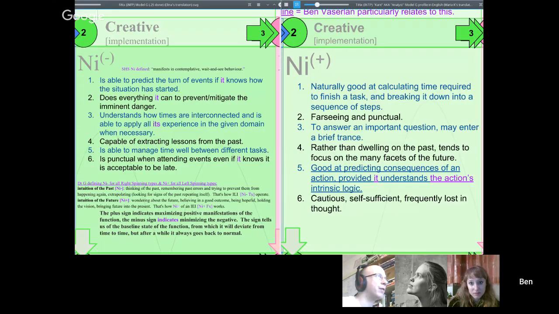Yeah, that's aligned with, and actually that's something that Jack Aaron said in one of his earlier videos in 2013, where he did this series when he went through all of the functions, and I actually think he explained them very well, especially his FE example, where he said that FE was not just the ability to read emotions, but to change them in other people when it's stronger.